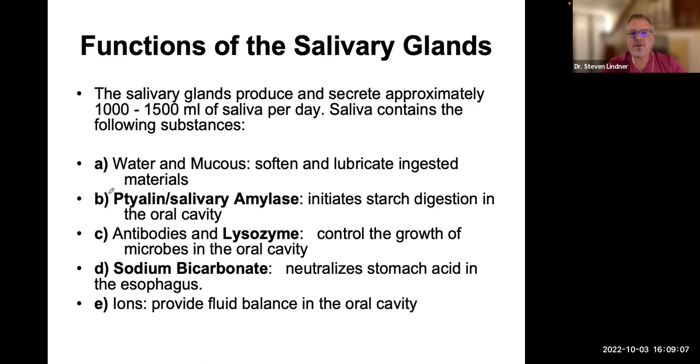So the function of the salivary glands is to secrete saliva, and it's 1,000 to 1,500 milliliters of saliva a day. And in saliva, there's going to be water, there's going to be mucus that's involved to help soften and lubricate the materials in the mouth. There's salivary amylase, also known as ptyalin, and the salivary amylase is what initiates the digestion of starches in the mouth. There are some antibodies in saliva,